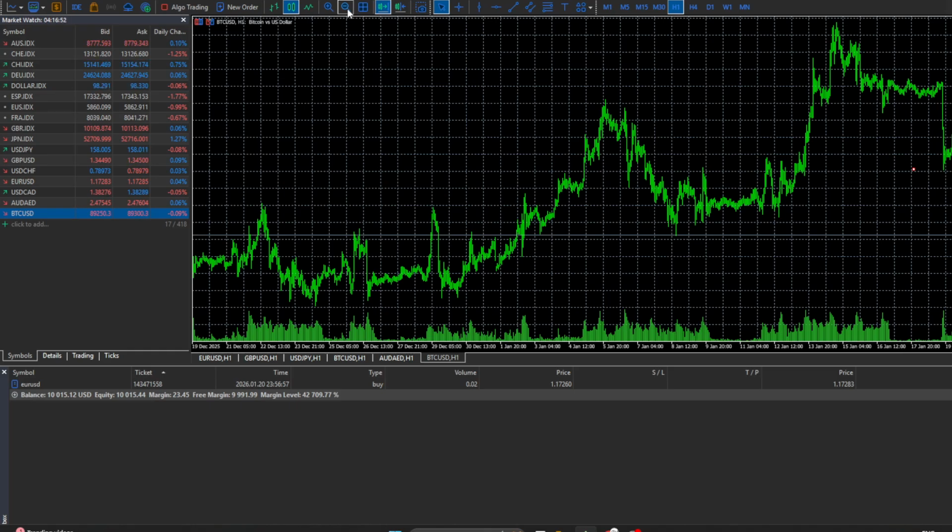And that's all there is to it. By clicking the minus sign inside the magnifying glass icon above your chart, you can quickly and easily zoom out in MetaTrader 5 and get a better